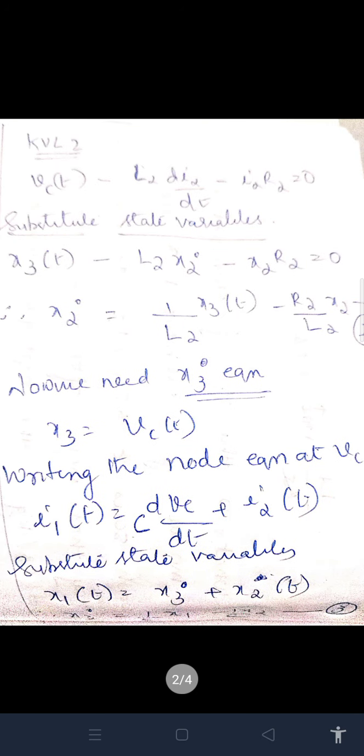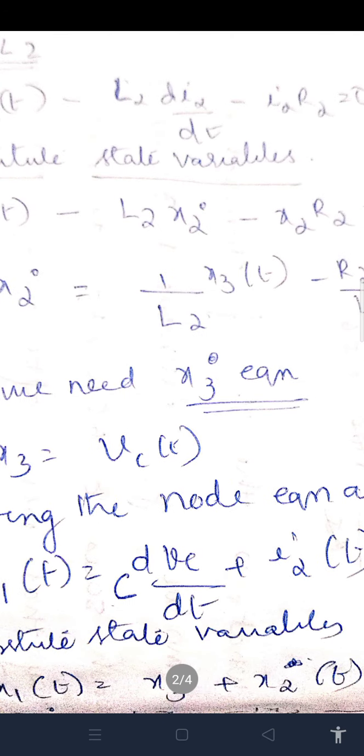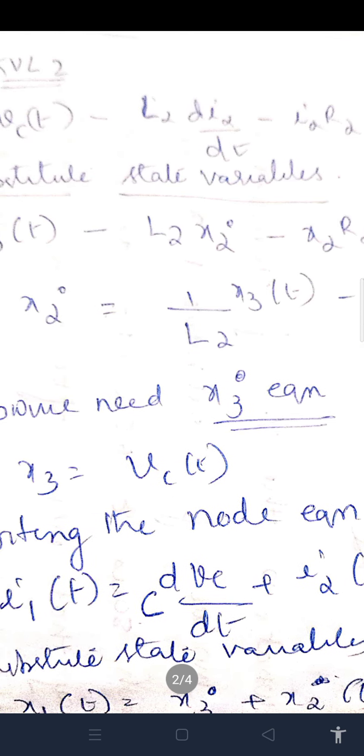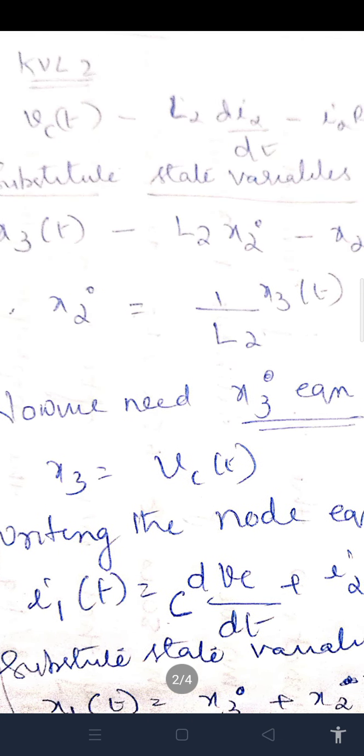The second state equation will be when you write the KVL equation 2, you will get the second state equation. So write the second mesh equation. What is the second mesh equation? Vc of t minus L2 into di2 by dt minus I2 R2 equal to 0. That is the second mesh equation. So from that equation, substitute